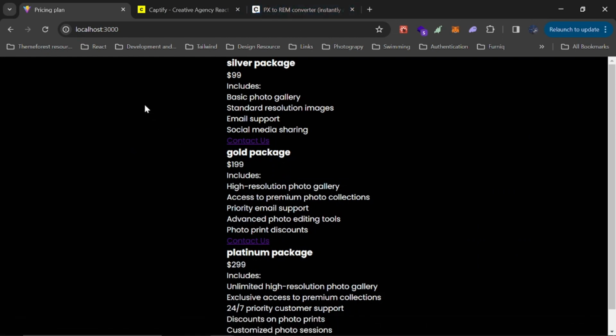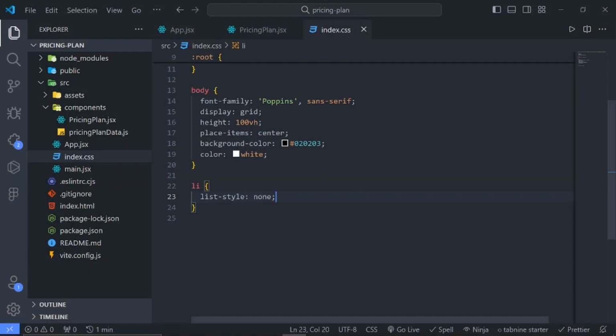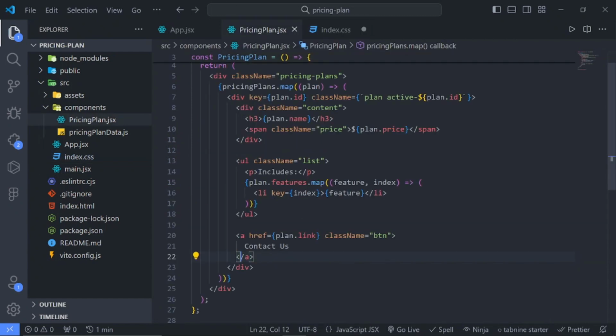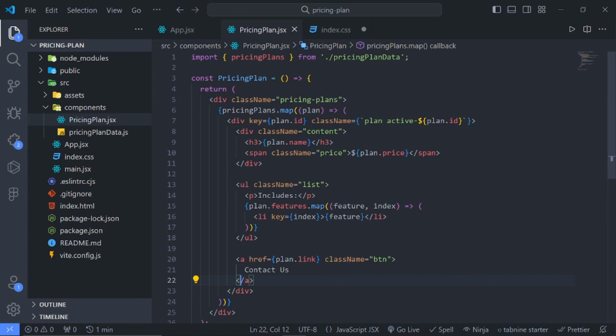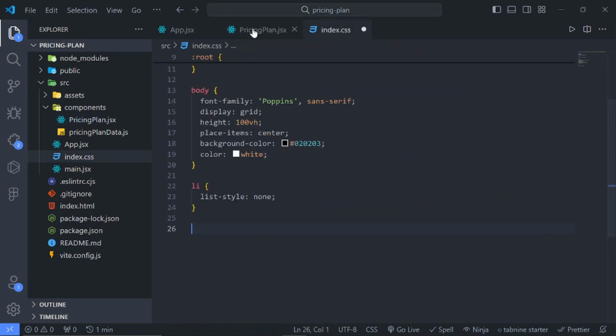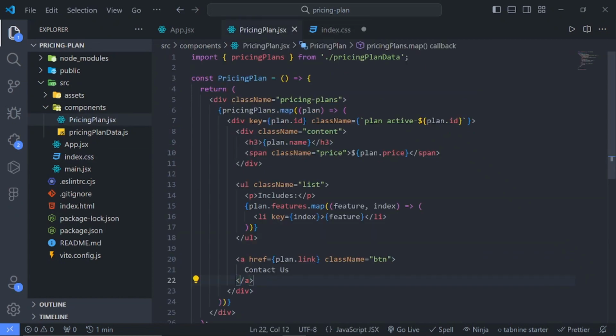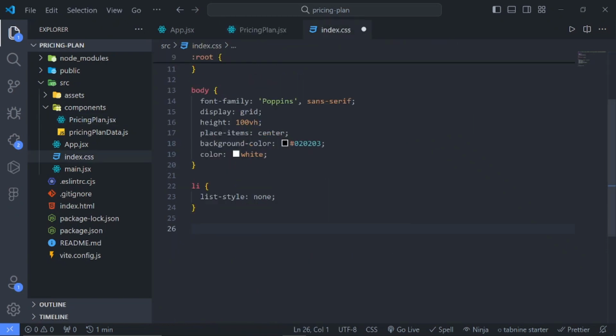Okay, now we need to stack them side by side, and you can do that in multiple ways using flexbox or grid boards. Since we started with grid, let's just use grid throughout. So we get the pricing plans, which is this, and basically say pricing plans,